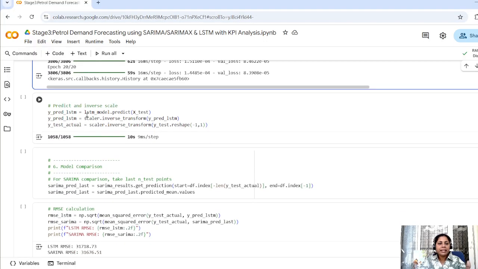Then we can predict and inverse the scale. How to predict it? Y predict underscore LSTM as LSTM model dot predict of X test. This is the method to predict it. We have to take X test now, not train, because we are predicting the test 20% of the data. Then Y predict LSTM equal to scalar dot inverse transform, because we already scaled. Now we have to inverse the transform to get the initial values. So for that scalar dot inverse transform of Y predict LSTM, and Y test actual scalar dot inverse transform